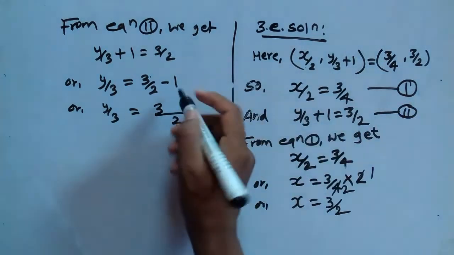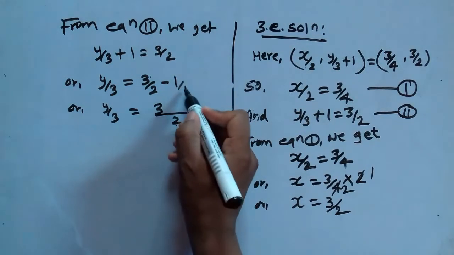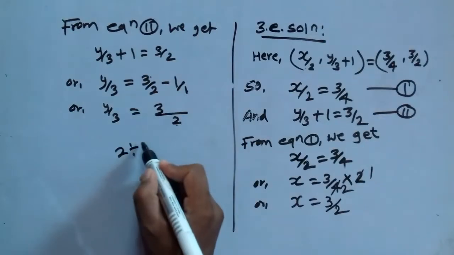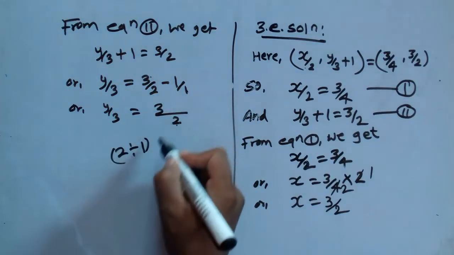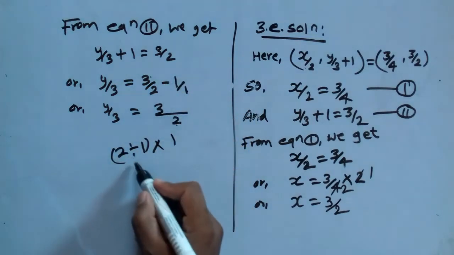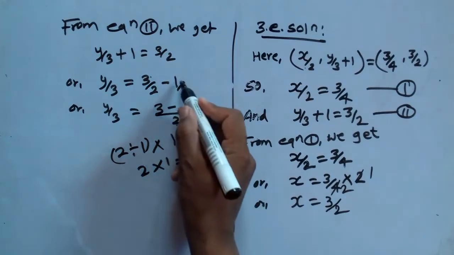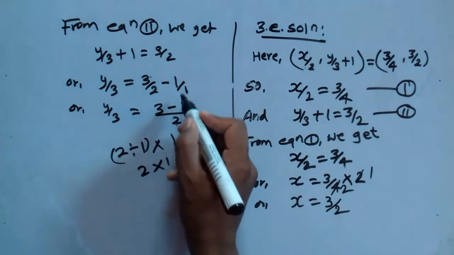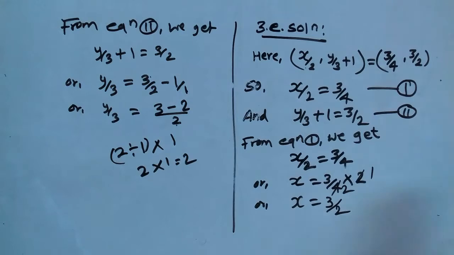And the same here: the denominator is not shown, but every number has denominator 1, so 2 divided by the denominator 1, into numerator 1, this is 2 into 1 equals 2. So here we have to write 2. Whatever sign is here, we have to write the same sign here. Then this is the result of this second term.